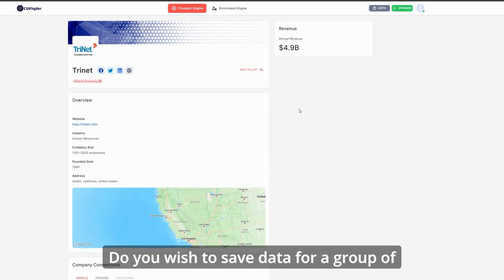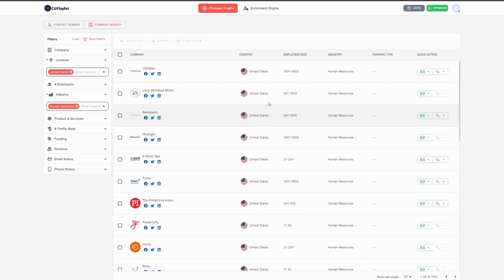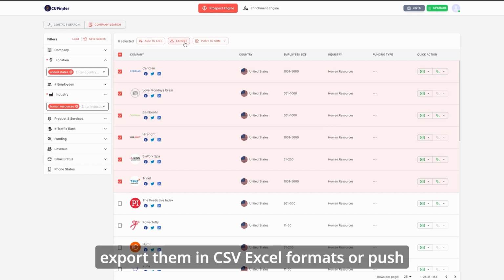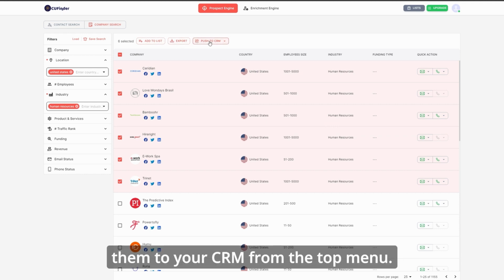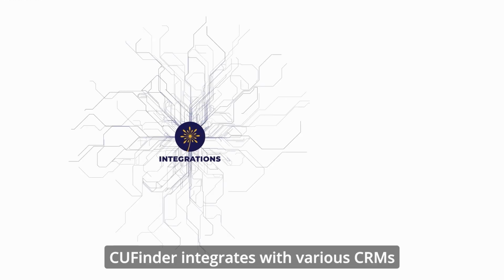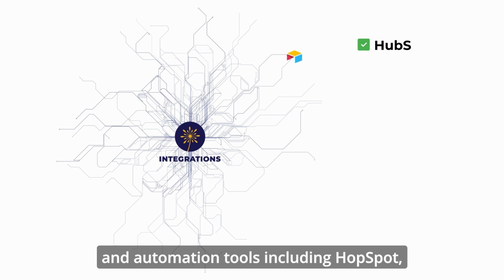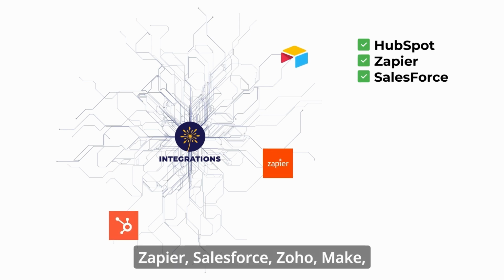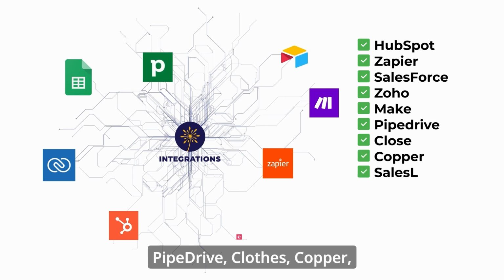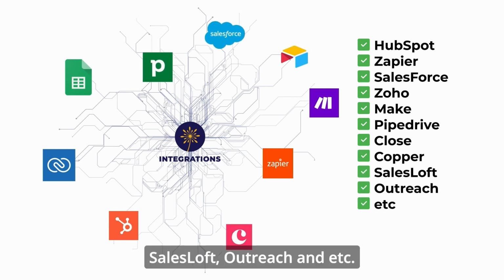Do you wish to save data for a group of companies? No worries. Return to the list of companies. Tick as many companies as you'd like, then add them to the list within CUFinder, export them in CSV Excel formats, or push them to your CRM from the top menu. CUFinder integrates with various CRMs and automation tools including HubSpot, Zapier, Salesforce, Zoho, Make, Pipedrive, Close, Copper, SalesLoft, Outreach, and